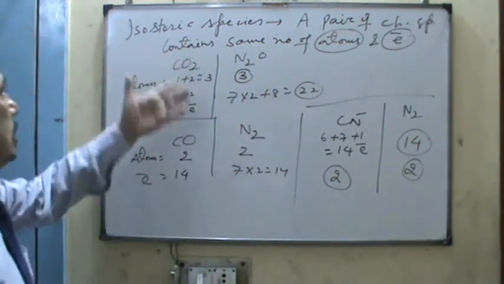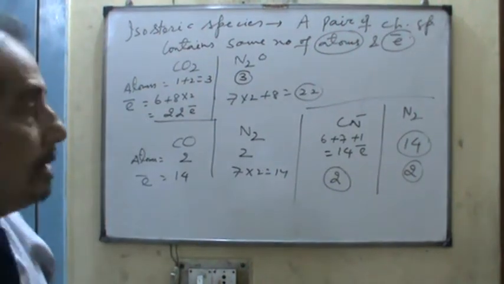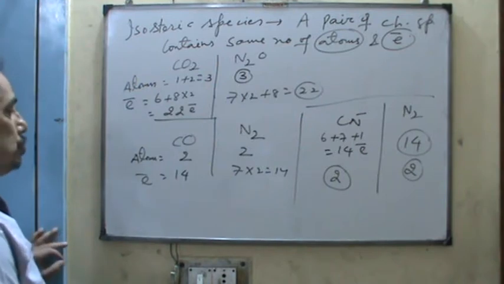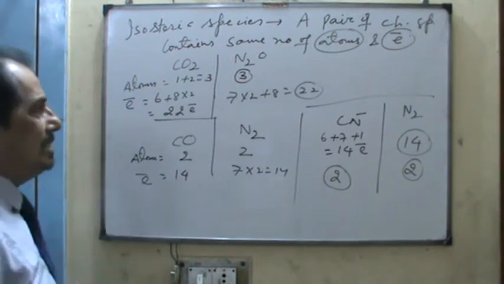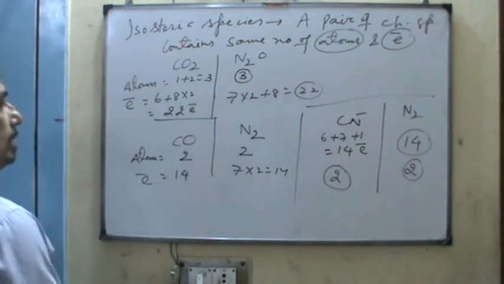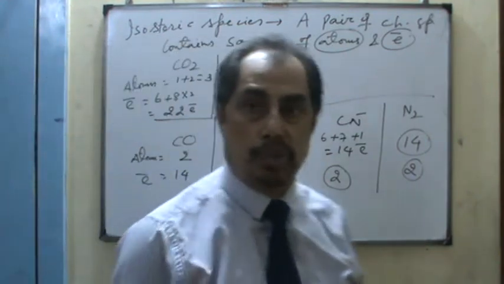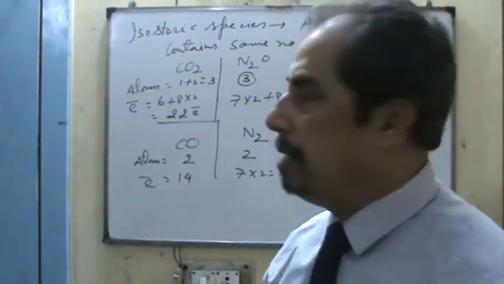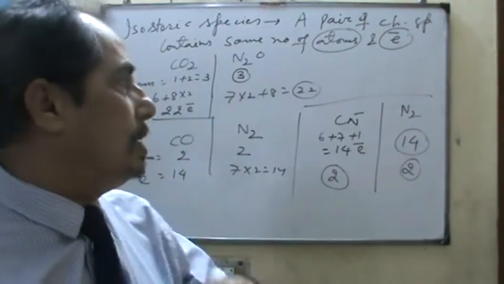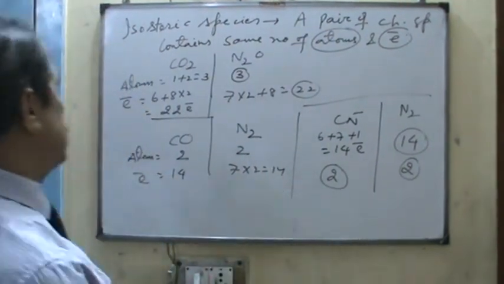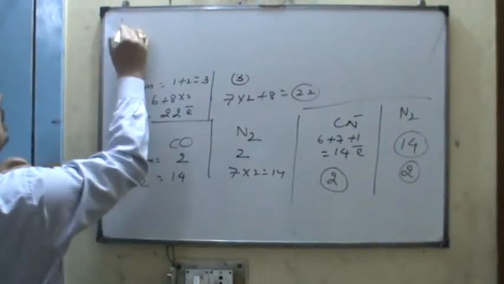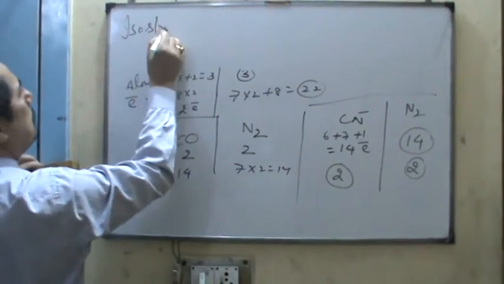So the way you can explain isotopes, isobars, isotones, isoelectronics, isosteric, and one is isostructural species. Anybody can tell me an example of isostructural, although that is not in your syllabus, but it is a very small part. It's my pleasure to explain isostructural species here. So dear students, isostructural